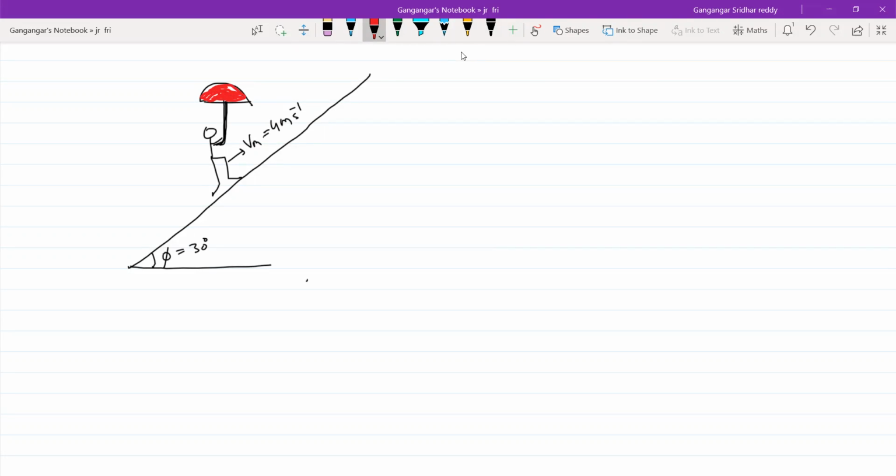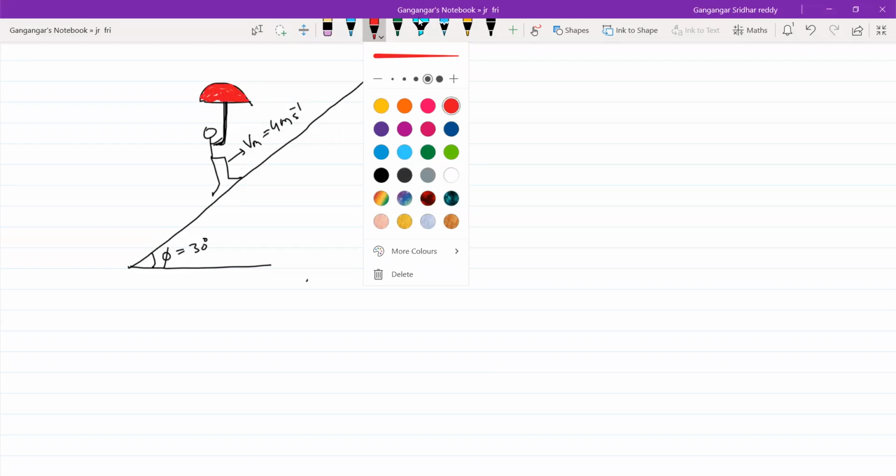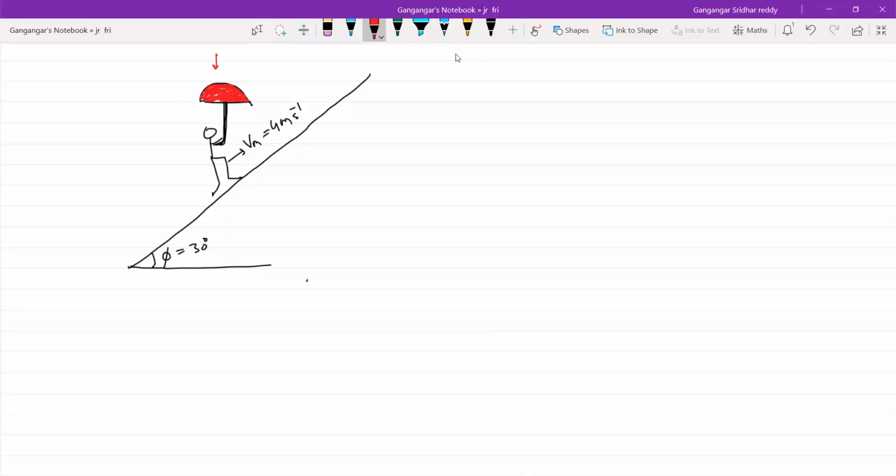Now different types of surfaces will come, so this is the method you have to apply. So what is the velocity of rain? Velocity of rain with respect to man is like this. He will hold the umbrella vertically down and the rain is moving up. And now what is the question like? A man is